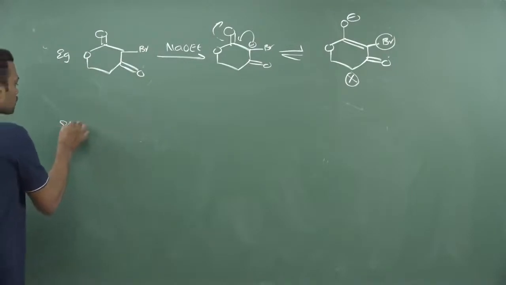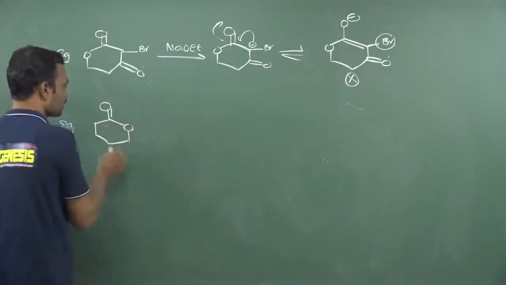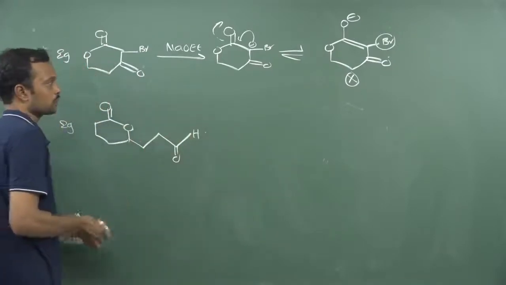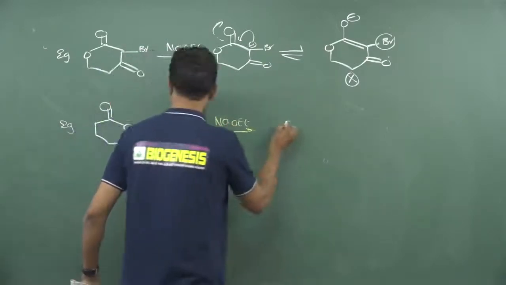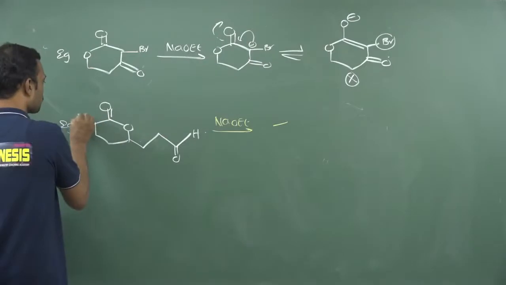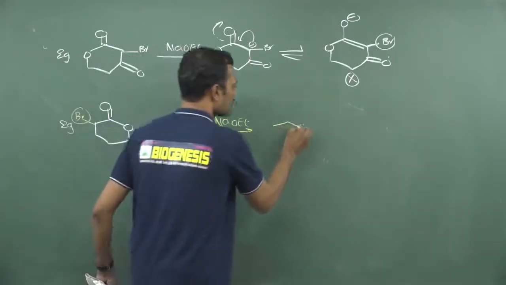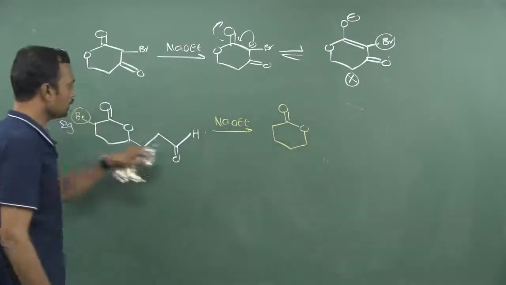One more I will show, which will have an intramolecular reaction. See, here I would like to use a carbonyl group like this. Now if I use NaOEt, now remove halogen from this particular place. Here I have given halogen, remove this halogen. After removing this halogen, see, this is C double bond O like this. Now this will connect over here.